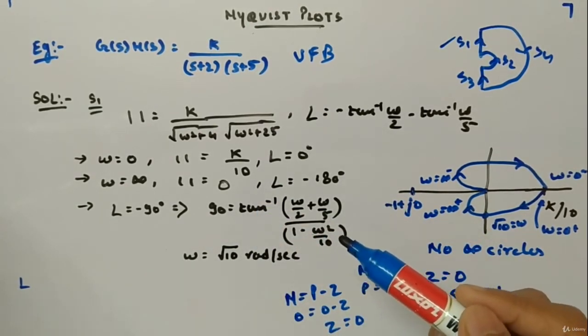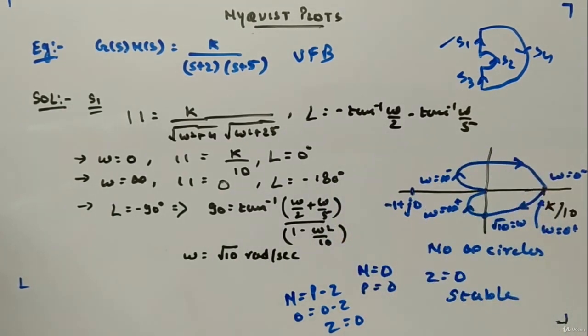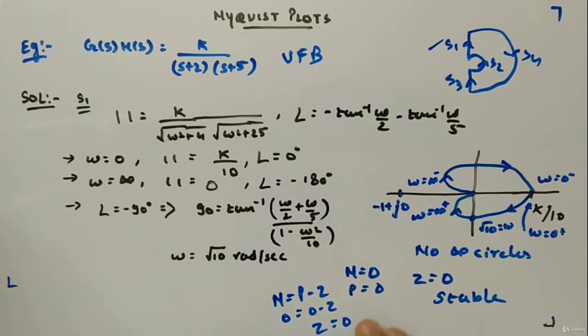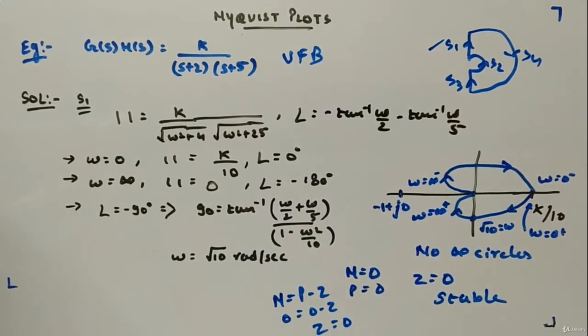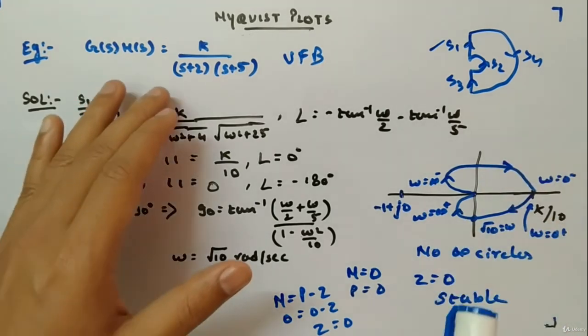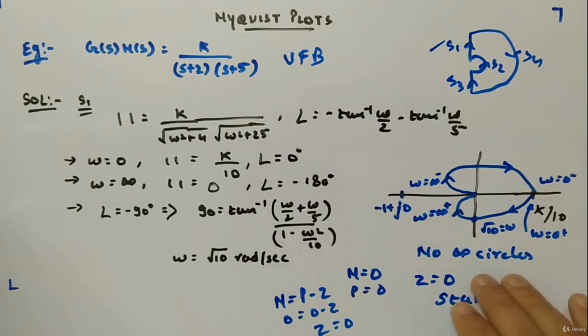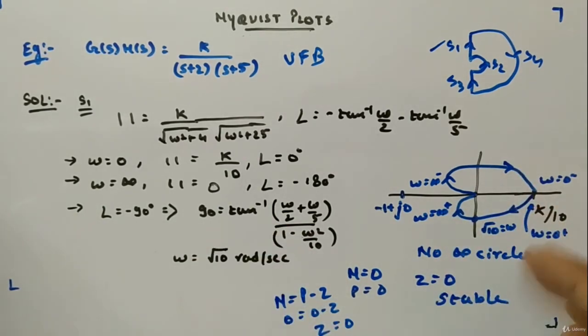This is a bit different example I wanted to give, but I hope you got the feel of how to actually go about Nyquist plots and arrive at stability, so that you can adapt your thinking to the question. It is not always that it will cut −180 degrees. It is not always that you will get infinite circles. Sometimes it cuts other axes as well, and you will not have infinite circles. Still the system will be stable, and you can see that. So this is the reason I took this example.